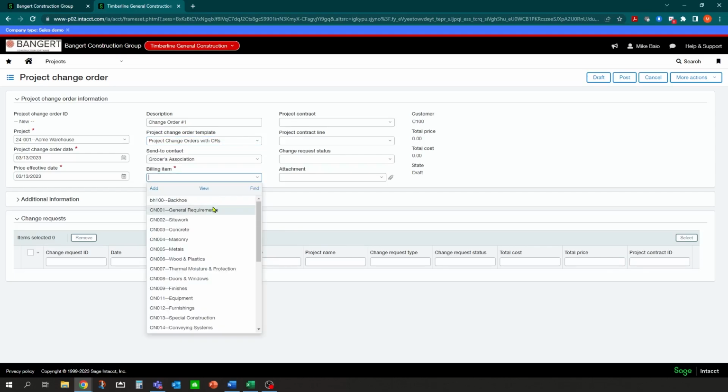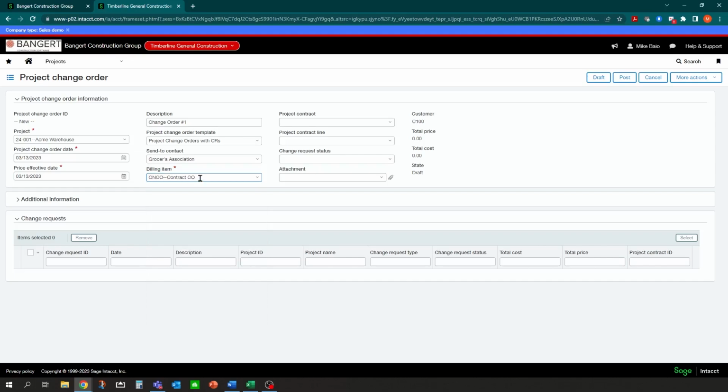And now what it wants is, because we're getting it ready to set up the schedule values or add to the schedule values, it wants to know what item it needs to go to. And usually I just recommend setting up one for the contract price and one for the change order amount. So we're going to point it to that one. And with duplicating, this is where you can duplicate some of these settings. What project contract is it related to? So here's the project contract that we imported in previously. We're going to link it to that.